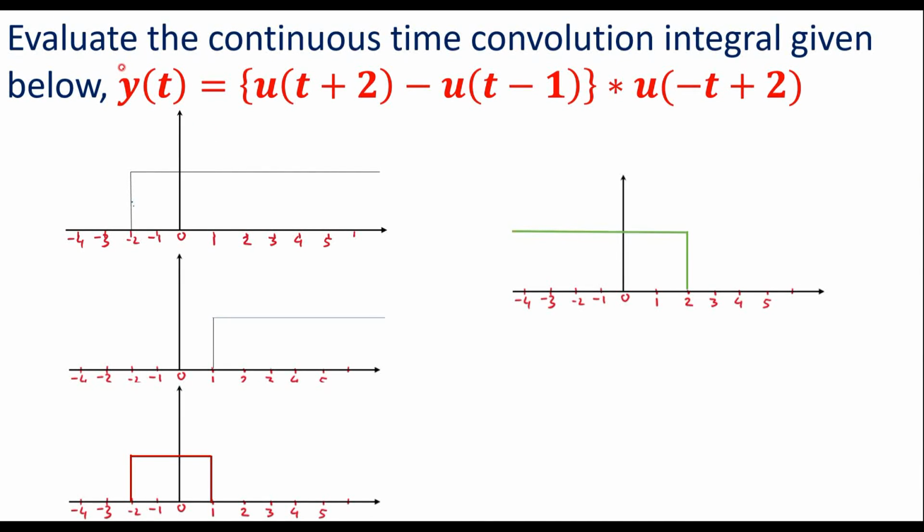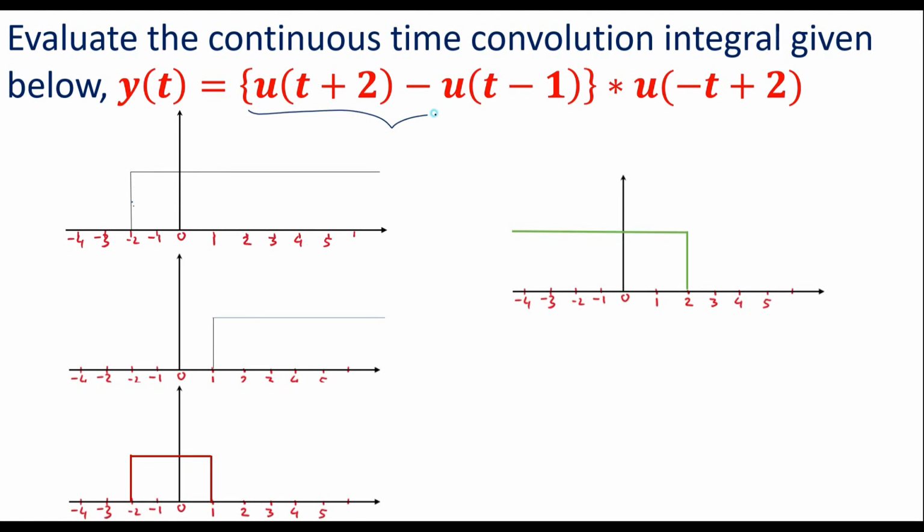Let's take one example on convolution integral. Evaluate the continuous time convolution integral given below. y of t is equal to u of t plus 2 minus u of t minus 1 convolved with u of minus t plus 2. Here we'll assume that